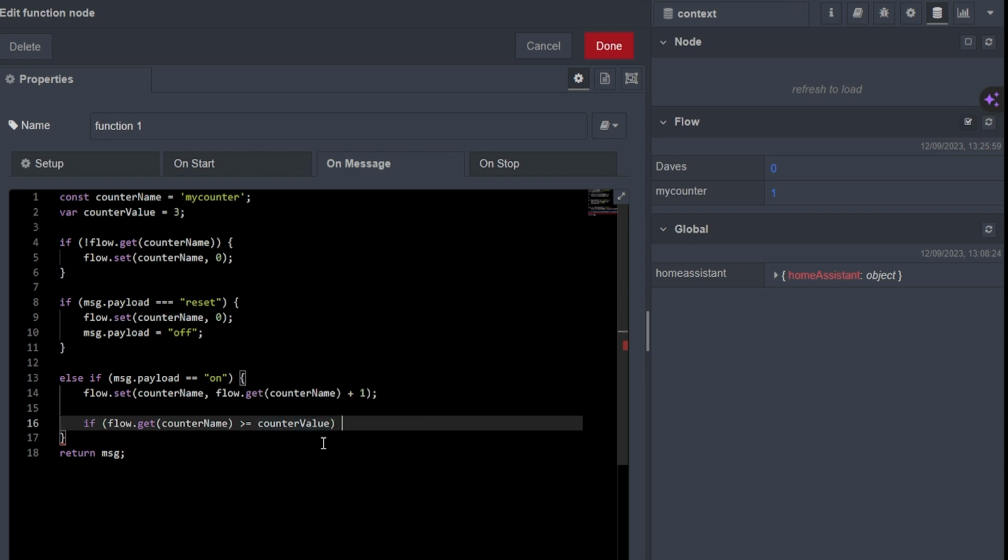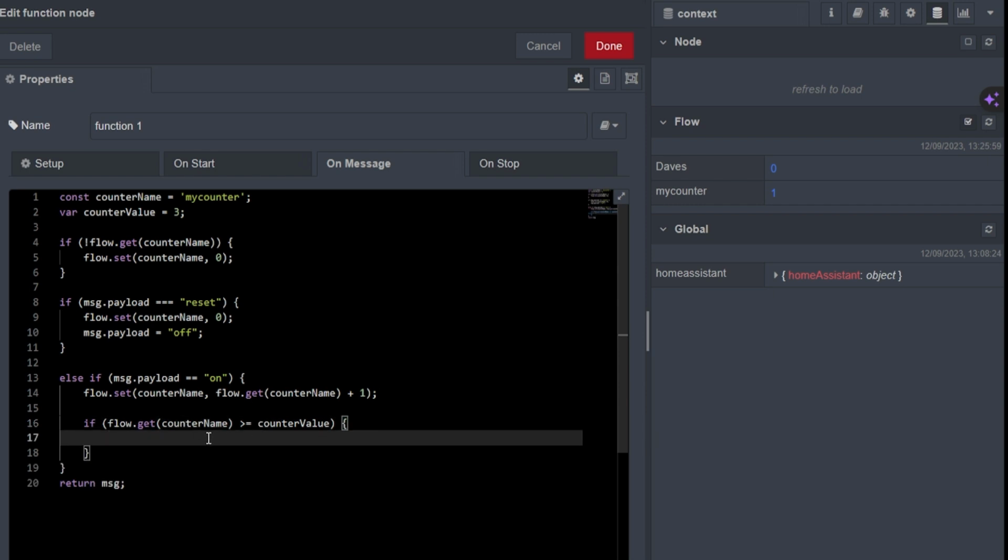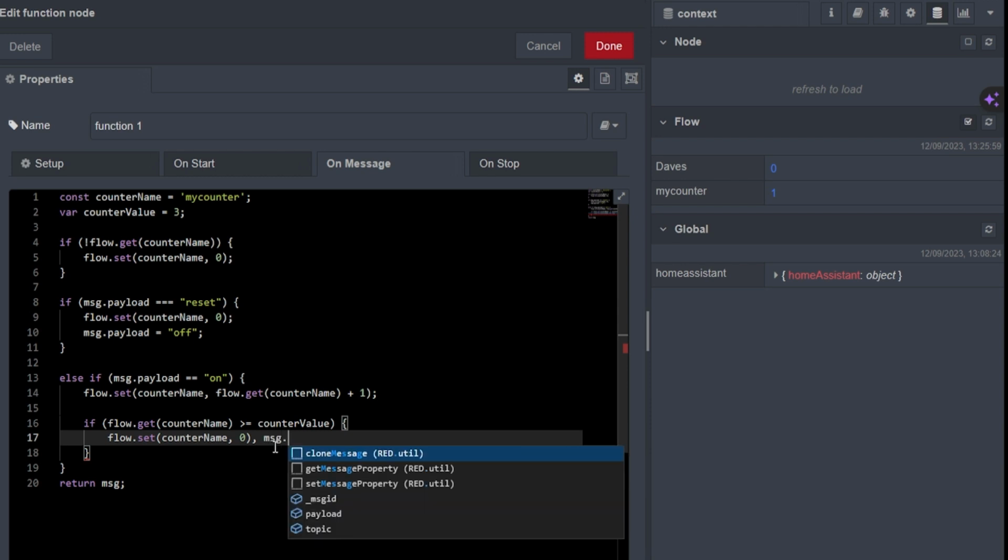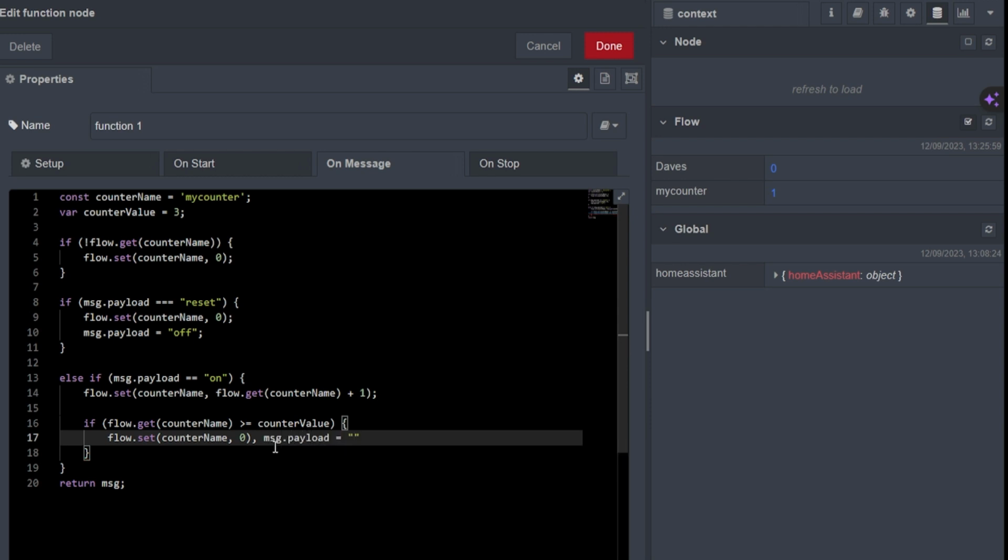And again, we're doing an if statement, so we need to give it something to do if that statement is true. Open curly brackets, again, hit enter. And then what we want to do is, first of all, we want to reset that counter because our target number has been reached here. What we're going to do is just take that bit there, copy that again. I'm going to reset our variable back down to 0, and I'm also going to output something. So the function node does something when the number of ons coming in is equal to or greater than 3. And all I'm going to do here is message.payload, and I'm going to output an on string. Again, finish the line with a semicolon.